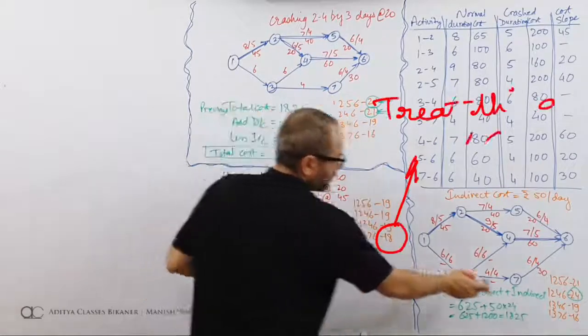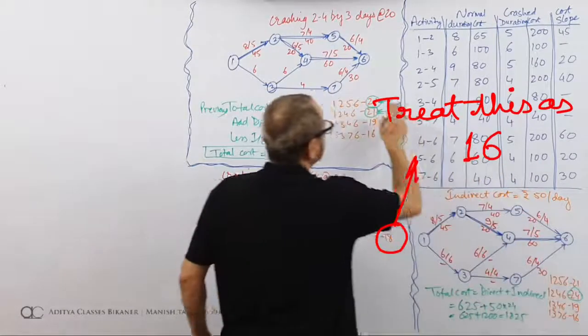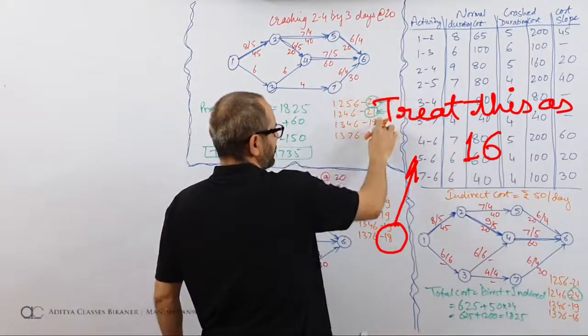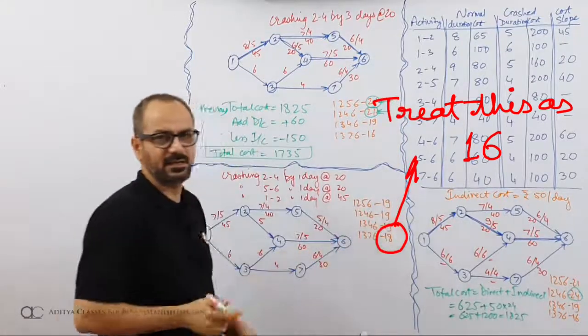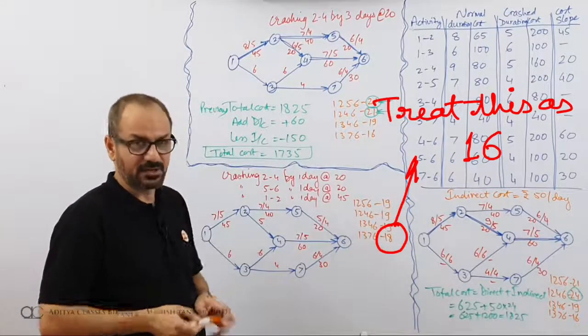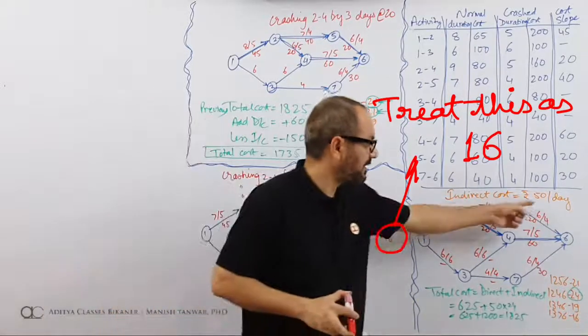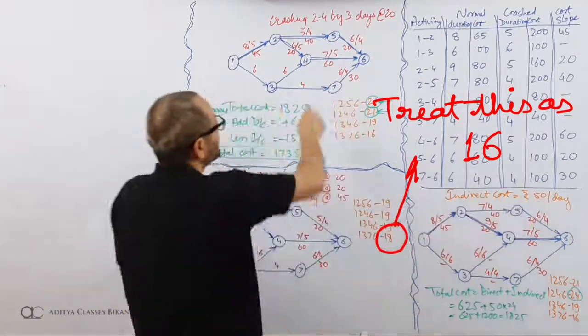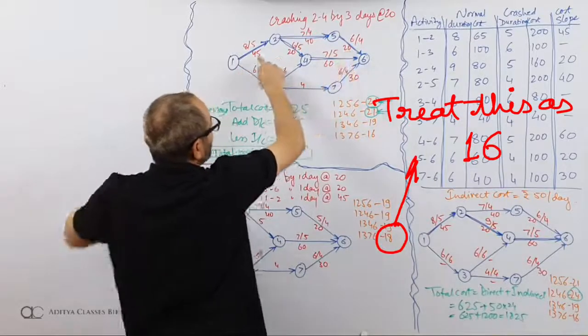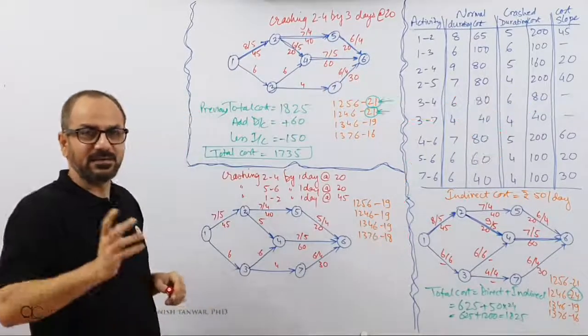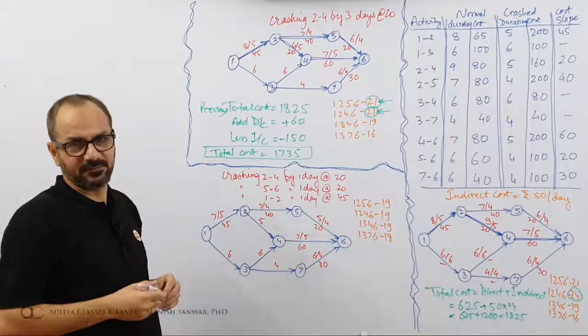So the idea was to bring this 24 down to 21. Then bring this 21 down to 19. Everything going in sync. What about the total cost? There should be a saving. There definitely should be a saving. Why? Because my indirect cost is 50. Once I made a payment of 40. Next time I made a payment of 45. So either way I was making a payment less than 50.